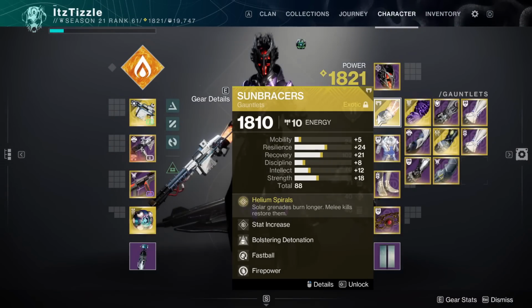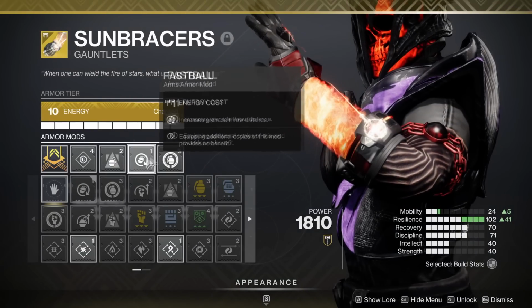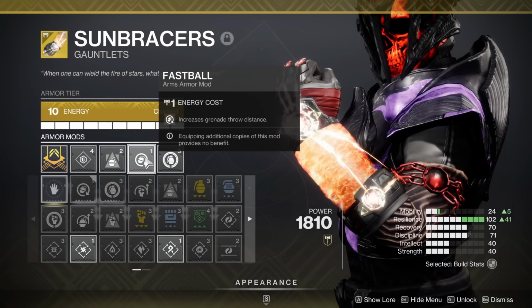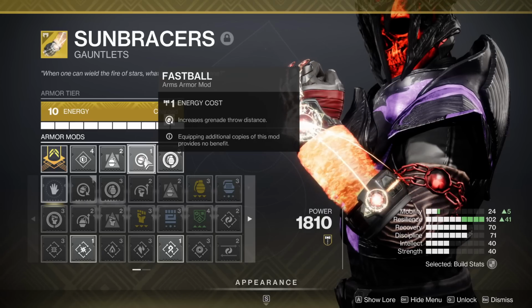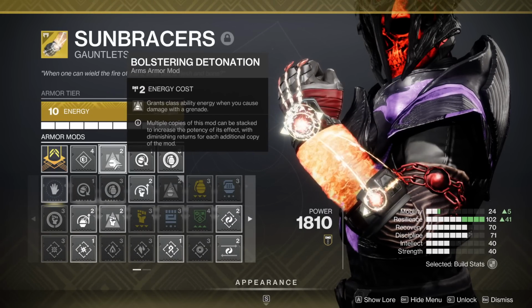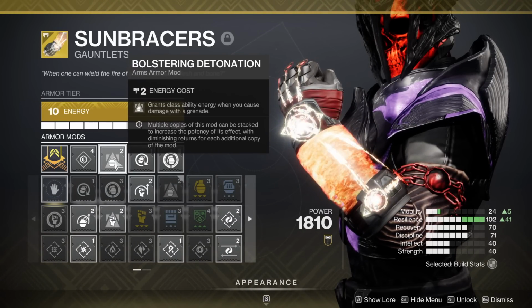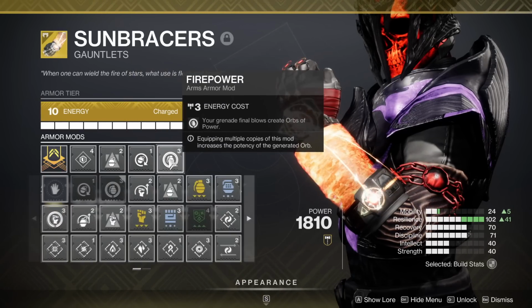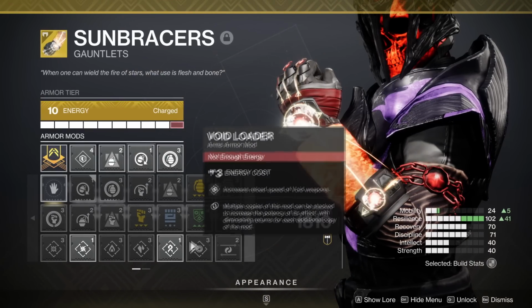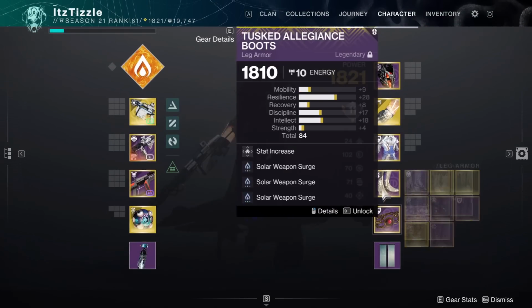And then I don't have it on here because they took intrinsic fastball away from Sunbracers with the latest update to this new season. I'm not sure what's up with that. But if you did have room, I like running bolstering detonation to get class ability energy, and you obviously need firepower to make orbs. But another thing that would be nice to run is a solar loader,